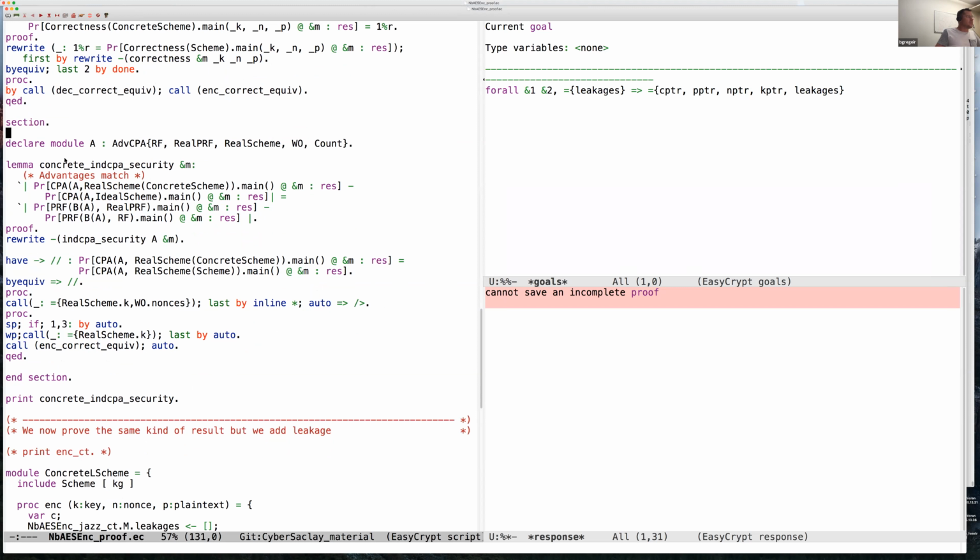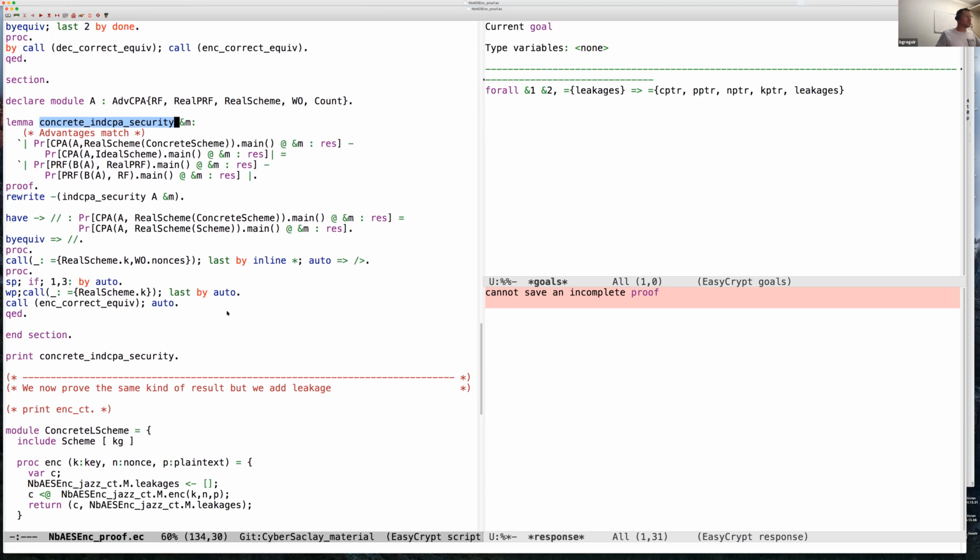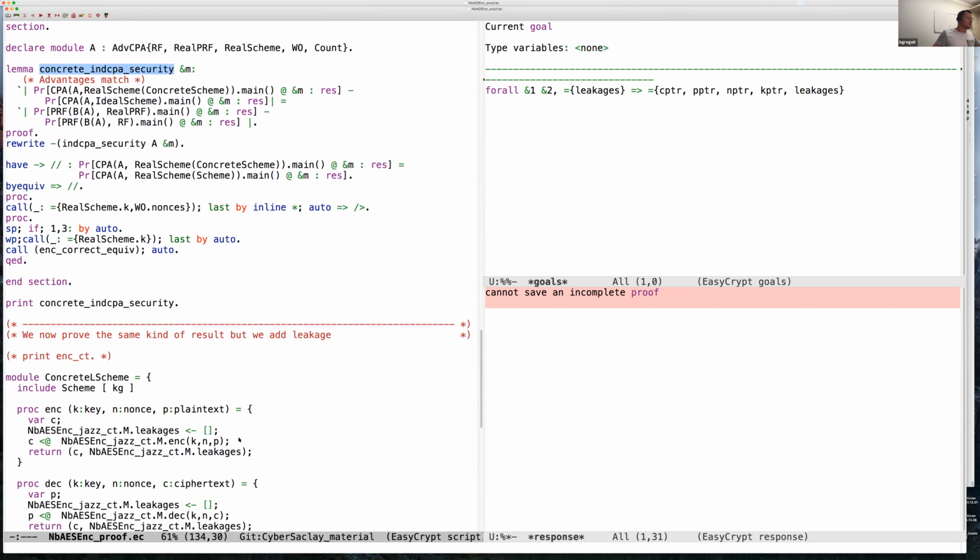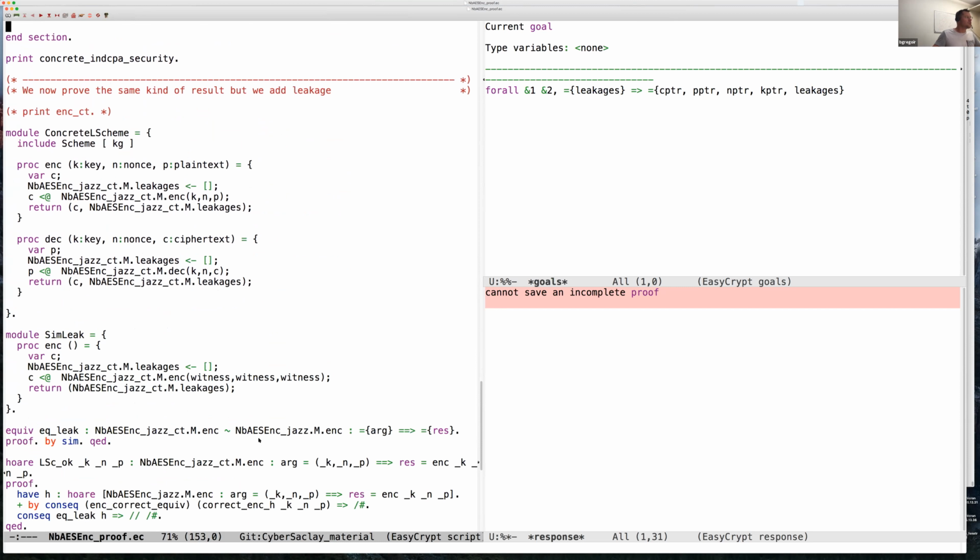On one side, we have the security proof of our concrete implementation. On the other side, we know that our concrete implementation is constant time, but this looks like two separate results. So what we can do is to show that, in fact, we can merge these two results